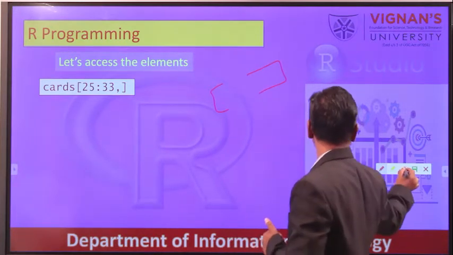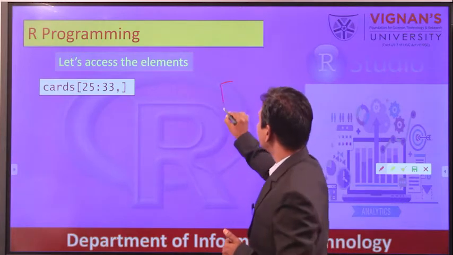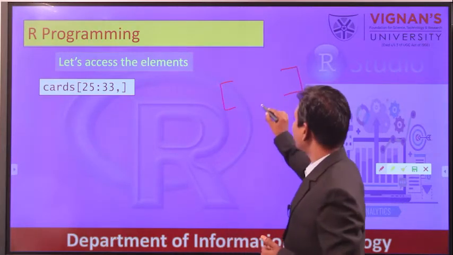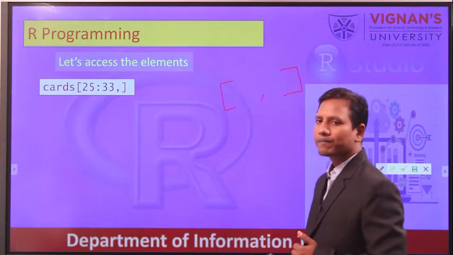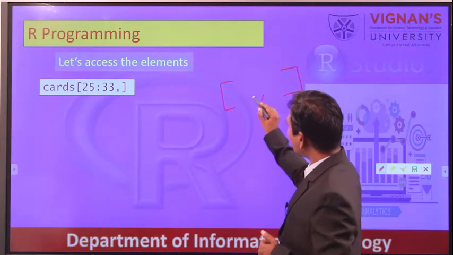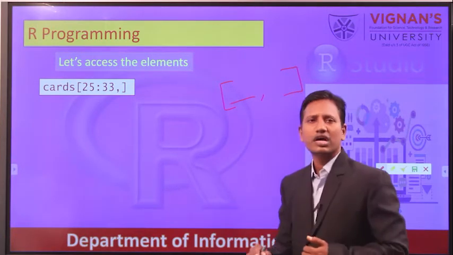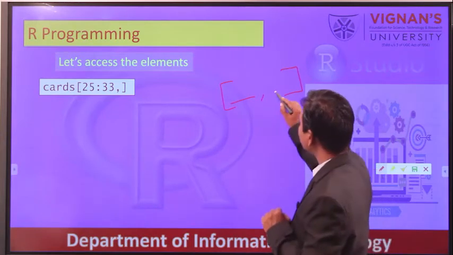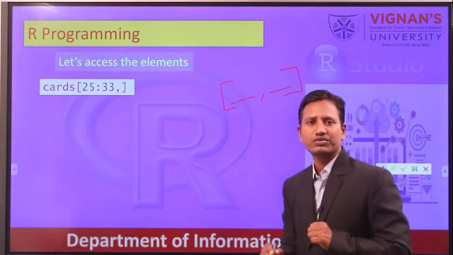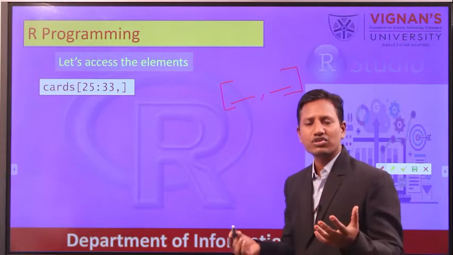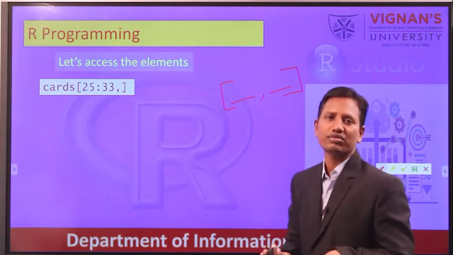To mention that, we use brackets in this manner with a comma. Before the comma we give the row values, and after the comma we give the column values. And these values we can give in the form of a range also.